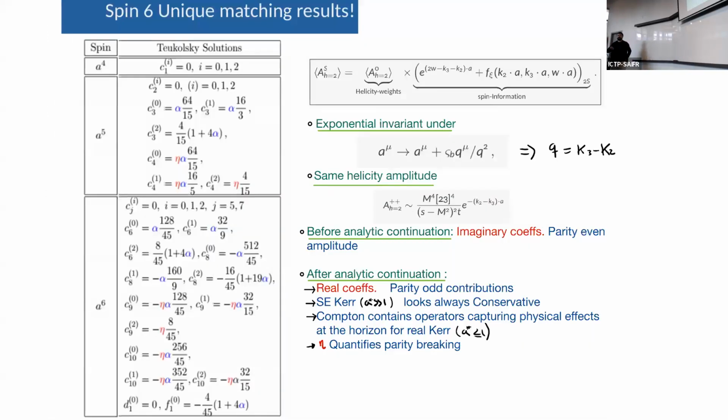So, with the answers at hand, you can expand it in modes and compare mode by mode to the black hole perturbation theory computation. This is what you get from matching. Up to the fourth order in spin, the comparison tells you that all of the contact deformations have to be zero. By comparing to the self-force computation we still have some room, but this problem allows us to match and fix them exactly to zero.